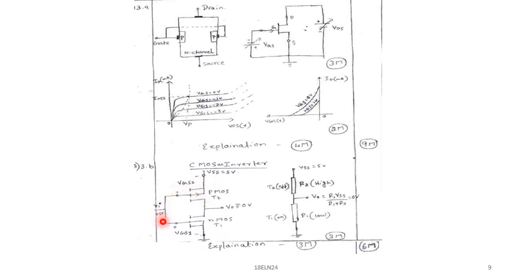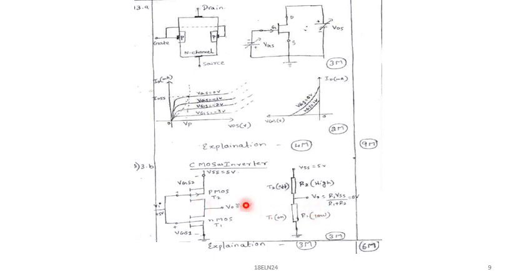And the gate is connected to the common point where I am giving input voltage. And this is given to the supply voltage, that is 5 volt, and this is connected to ground. And the drain of both the transistors connected to the same point, and this is output. So this is about what happens when we'll apply VA is equal to 5 volt. What happens when VA is equal to 0? This you have to mention here.